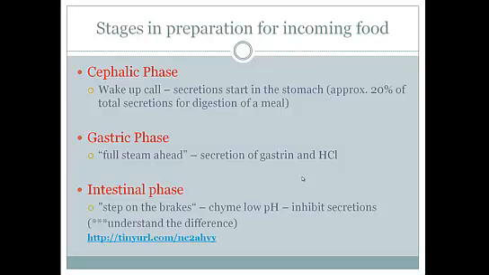If you want to check out the phases in more detail, this is an excellent link to a video where